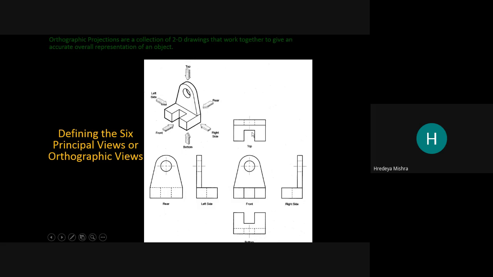This is the top view 1 2, and this is the bottom view 1 2 3. So three hidden lines for this bottom view, so we can select this top view with respect to the bottom view, and the left-hand side view and right-hand side view. So here 1 2 3, 1 2 3.